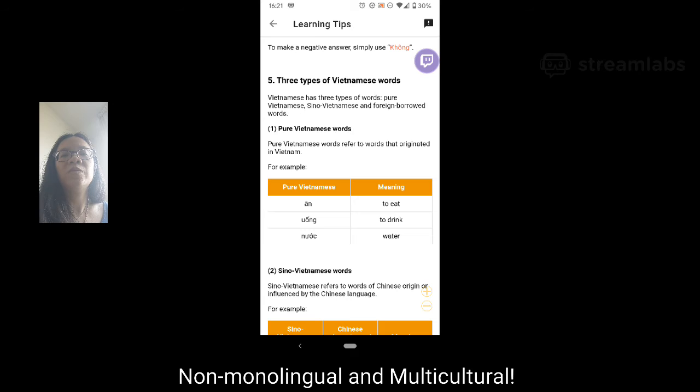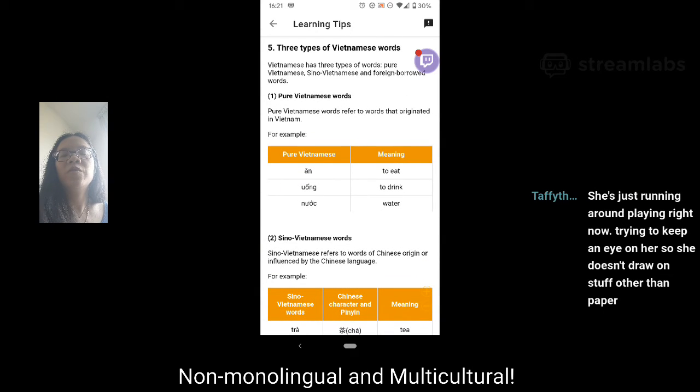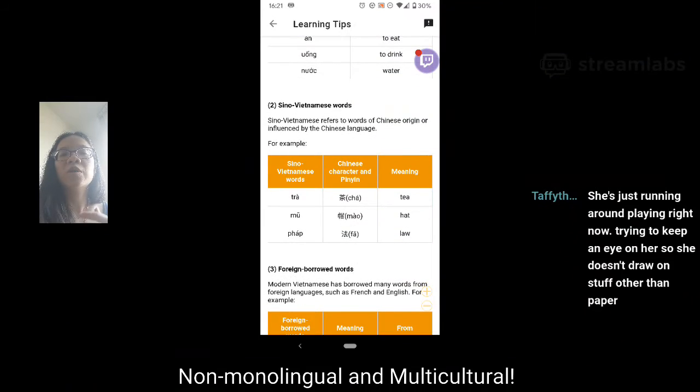Three types of Vietnamese words: pure Vietnamese, Sino-Vietnamese, and foreign-born words. Pure Vietnamese words refer to words that originated in Vietnam, like nước, to eat, to drink, and water. And Sino-Vietnamese words, you'll notice there's quite a few of these.